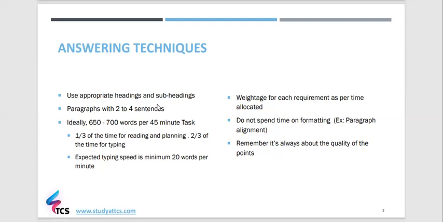When you're providing answers, you are supposed to provide them in paragraphs. You can't use bullet points. The examiner discourages bullet points or single-lined sentences. Instead, every time you are highlighting a certain answer point, you need to write it in a paragraph, and a typical paragraph should consist of 2 to 4 sentences, nothing more, nothing less. If you adhere to these guidelines, there's a tendency for you to get 1 or 2 additional marks at your exam.